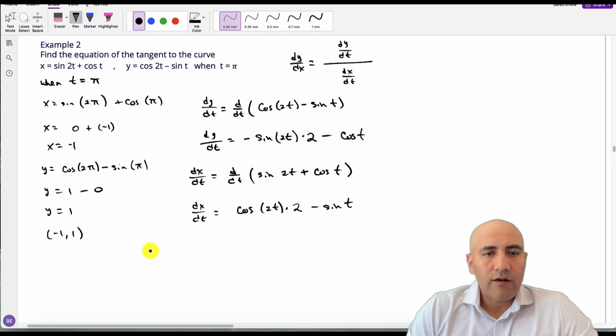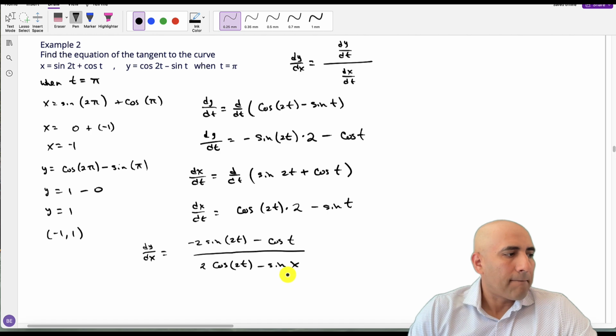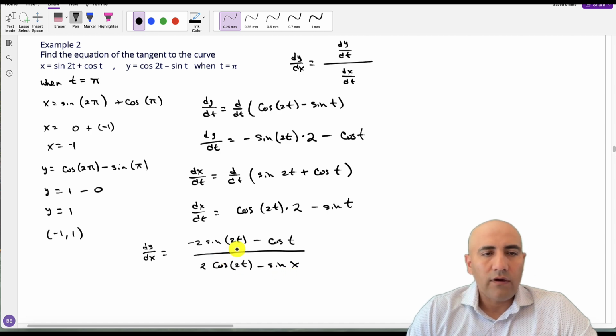Okay, so then bringing it all together, we get that dy/dx is equal to minus 2 sine of 2t minus cosine of t, that whole thing divided by positive 2 cosine of 2t minus sine of t. Okay, so now at t equals pi,